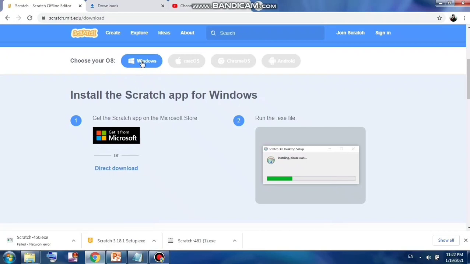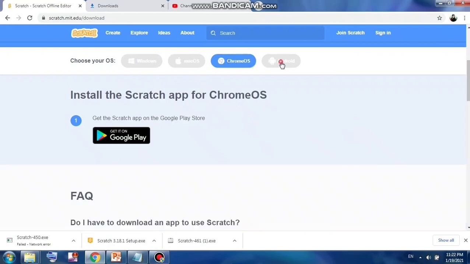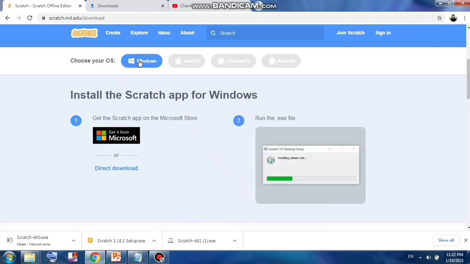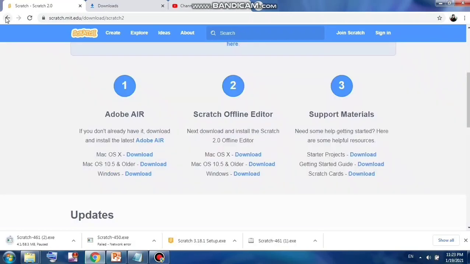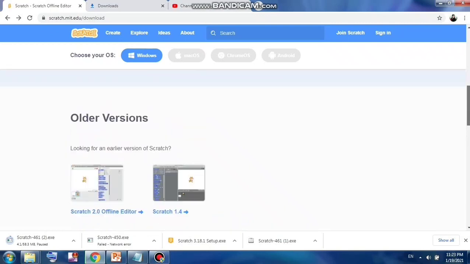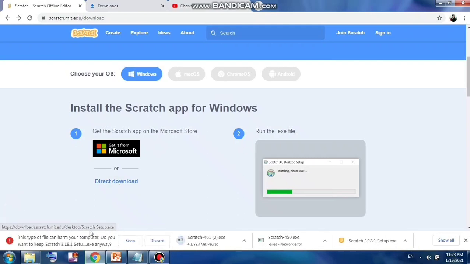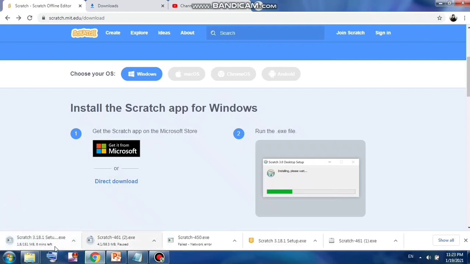Make sure Windows is selected, not the Mac, not the OS, not the Android. Downloading Scratch 3. For this we directly need to click on the direct download and from here we will click on Keep.